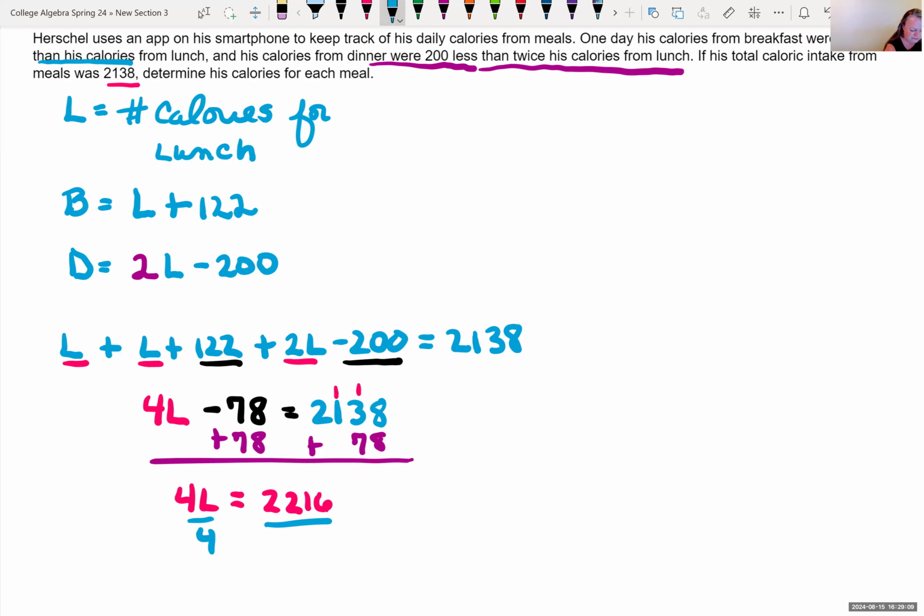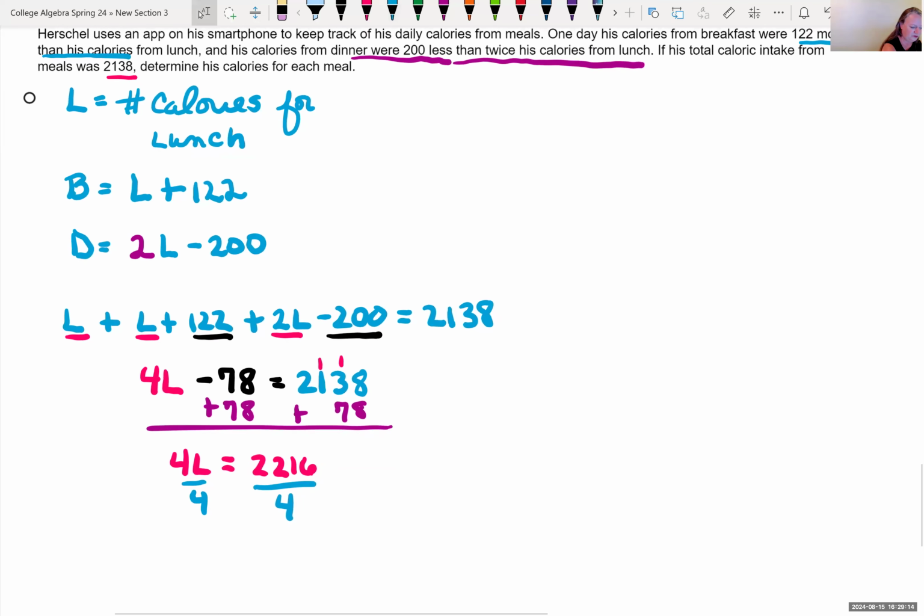To get L by itself, we're going to divide by 4. Well, 4 doesn't go into 2, but it goes into 22 5 times with a remainder of 2. 4 goes into 21 5 times with a remainder of 1. And then 4 goes into 16 4 times. So it looks like Herschel had